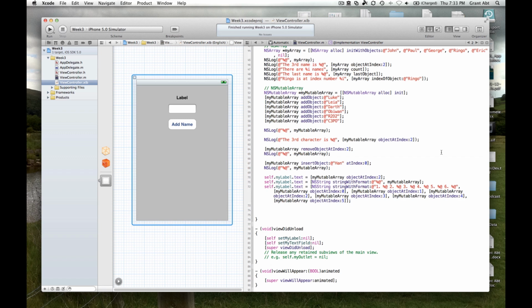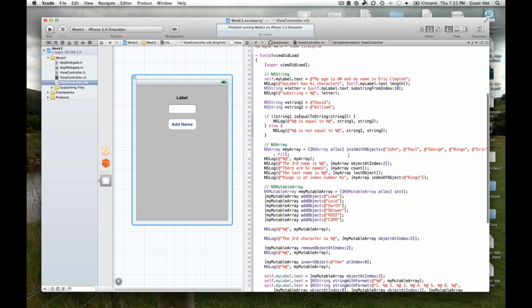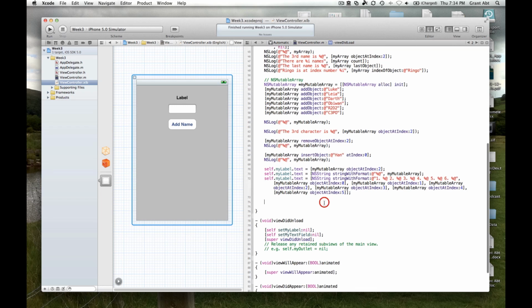Okay, so the first thing that we have to do is in our viewDidLoad method is we have to allocate and initialize this array. So here's our viewDidLoad method. Now because the add names array is a property, we have to use self.addNamesArray equals